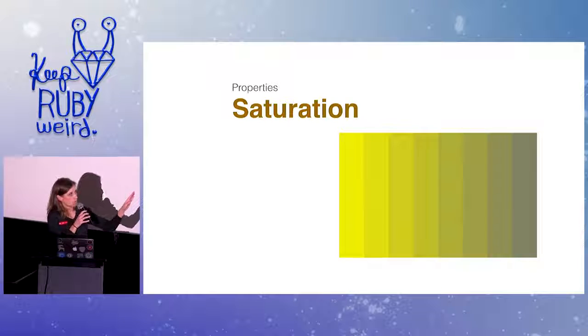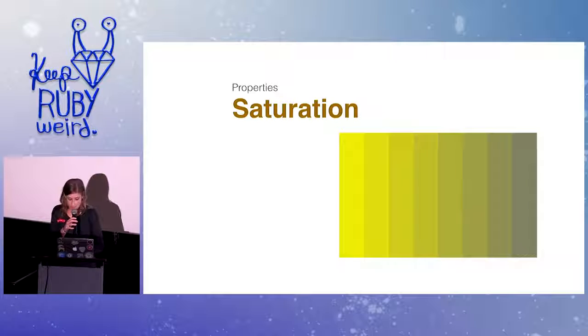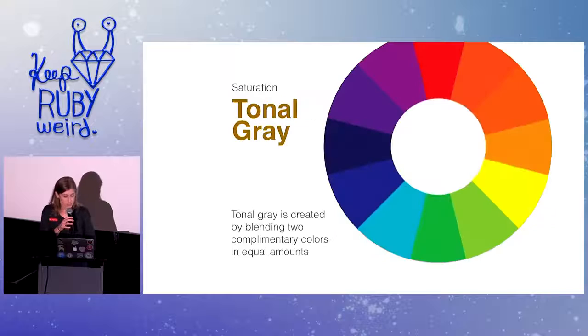So this is a great way to pair an accent color with a neutral color. You just find the desaturated tonal gray that you want to use as your neutral, and then you can use the 100% saturated color as the accent color. So then when we're speaking about tonal gray,